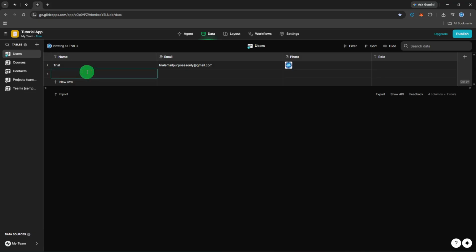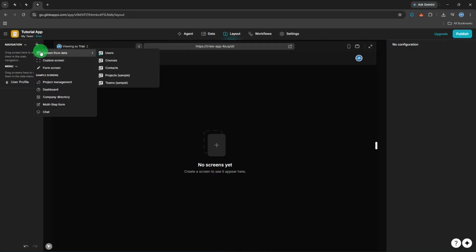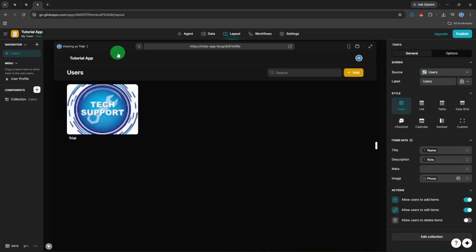With your data in place, let's move on to the visual aspect of your app. Click on Layout at the top. In the left sidebar, you'll find an Add button within the navigation section. Click this, and then select the table you just created. This will link your data to a visual representation in your app. On the right sidebar, you can then choose a style for how this data will be displayed, customizing its look